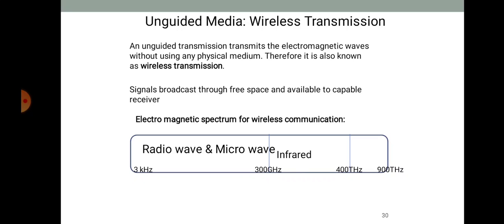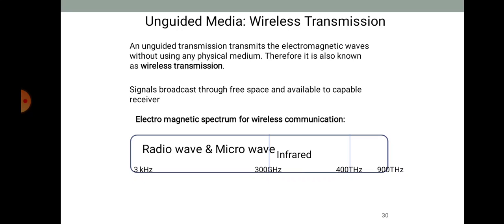Unguided media is used when running a physical cable, that means either optical fiber or copper wires, between two ends or two points is not possible. Here we transmit electromagnetic waves without using a physical path, which is also known as wireless communication. The signals are normally broadcast through the atmosphere or the air and thus are available to any device which is capable of receiving them.